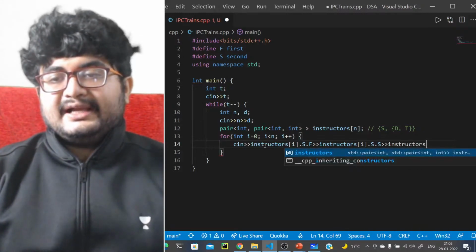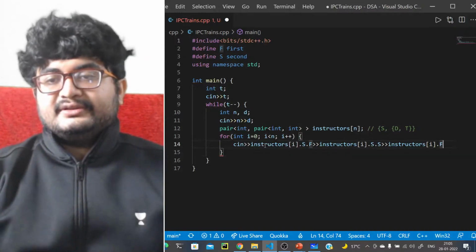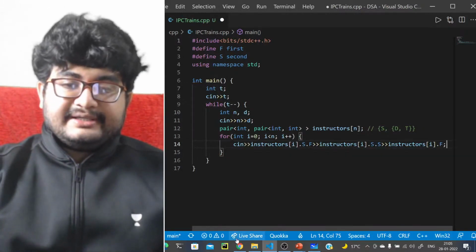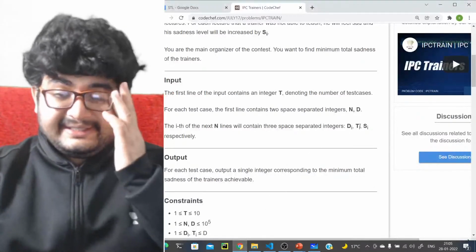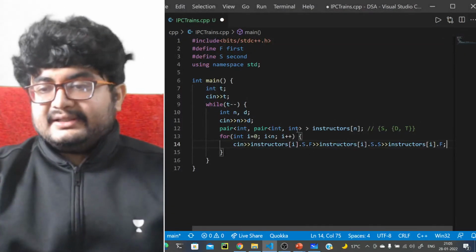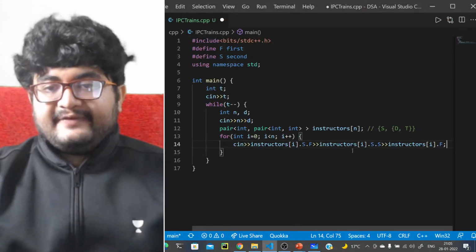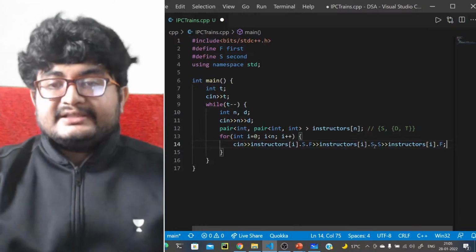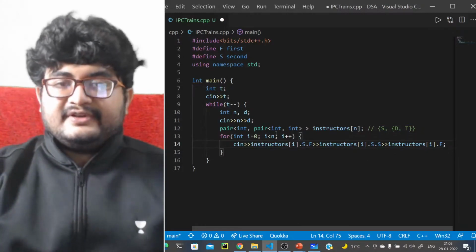That is the order DTS, the order in which it is given. So f, second dot first is D, second dot second is T, and first is S.